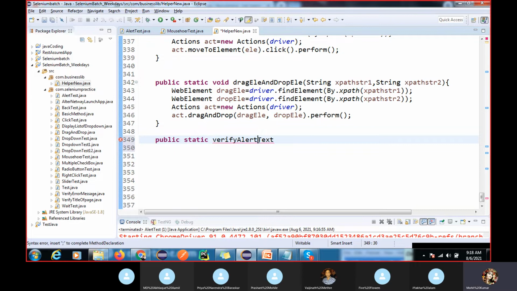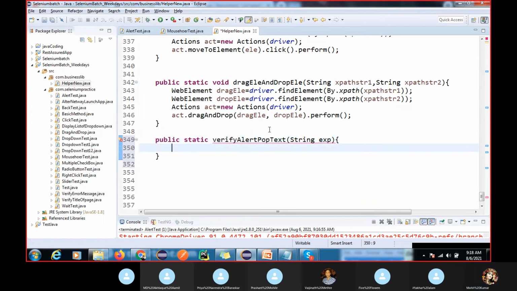Here you have to pass a string expected text. And now we can go for that.